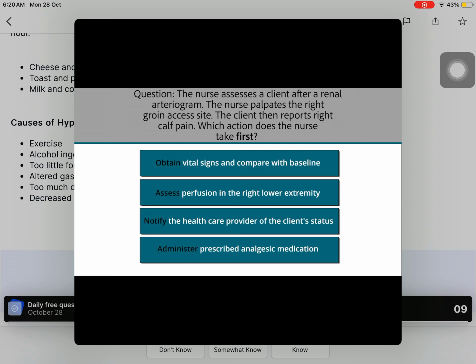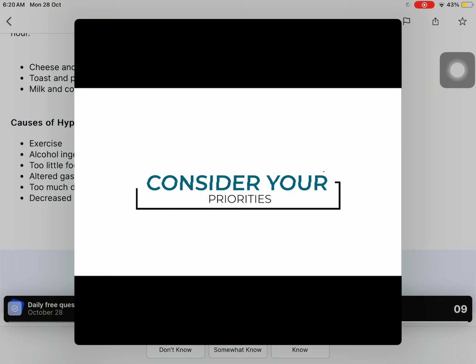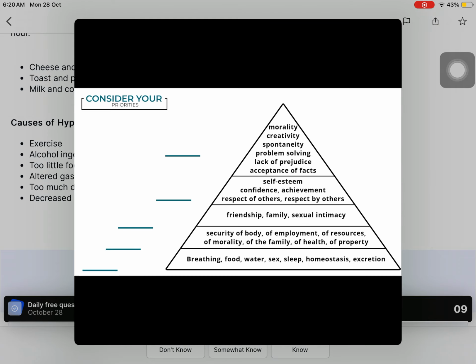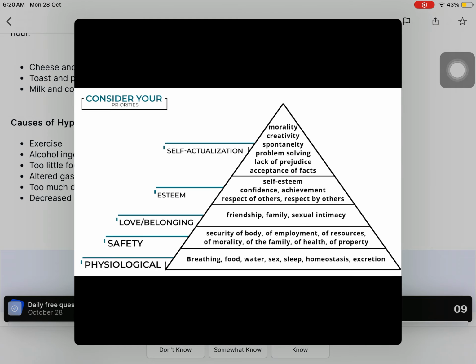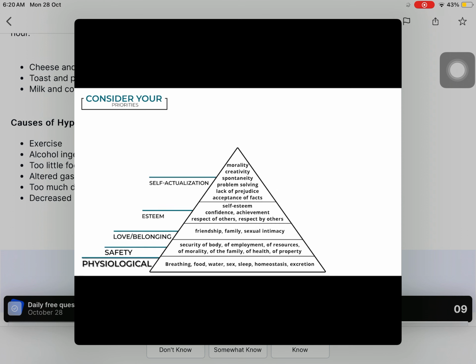Administer prescribed analgesic medications. Consider your priorities in organizing your care for this client. Look at Maslow's hierarchy first. All of the needs for this client appear to be physiological in nature. If all of the needs seem to be physiological, then you must default to looking at airway, breathing, and circulation